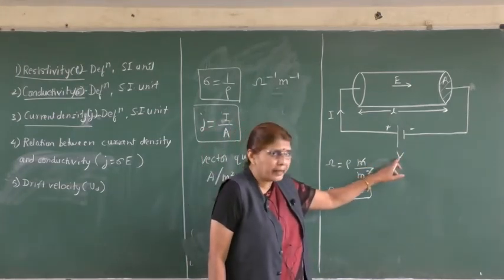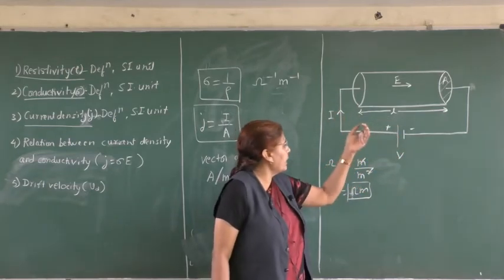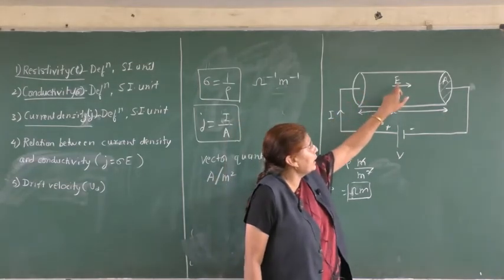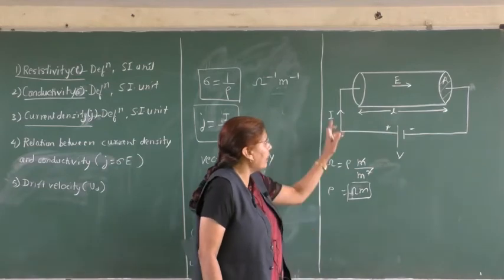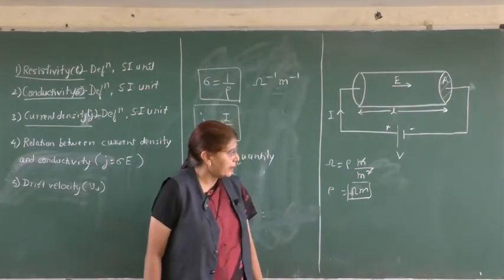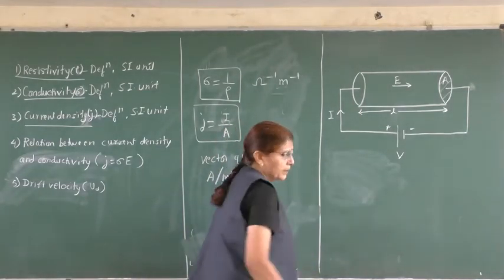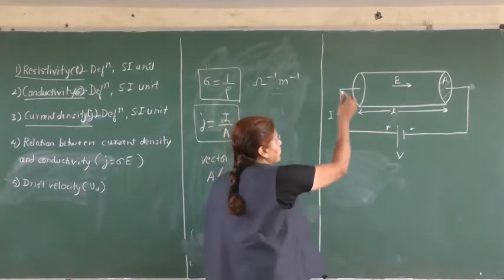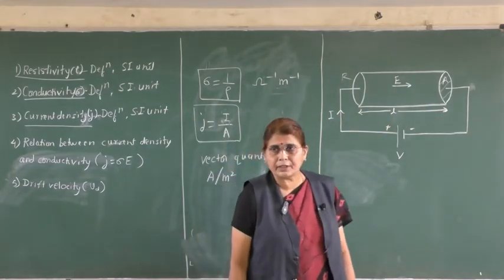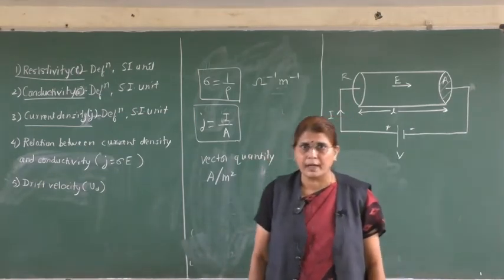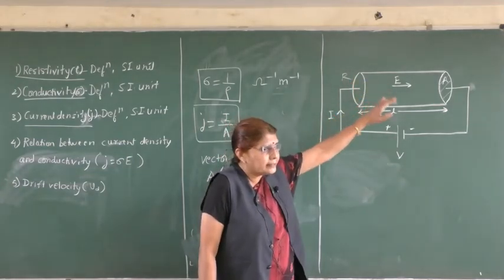So we have connected a battery to this conductor. Let us say V is the applied voltage, and because of this potential difference across the conductor, we are having an electric field E set up inside the conductor. So E is the electric field, I is the current flowing in the conductor. Now let us write a relation between I and V. Let us say resistance of this conductor is R. So we shall first use Ohm's law, which we had done last time. V is equal to IR is Ohm's law. So V is the PD, I is the current, R is the resistance of this conductor.